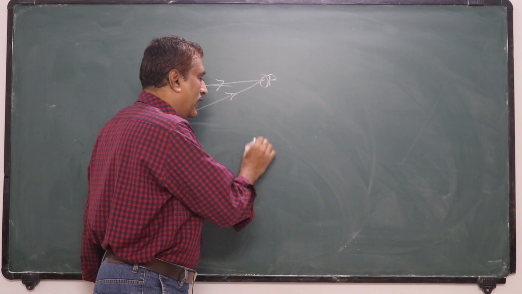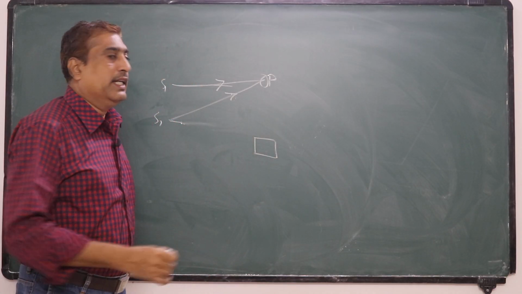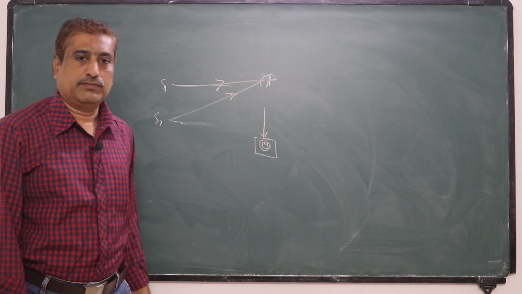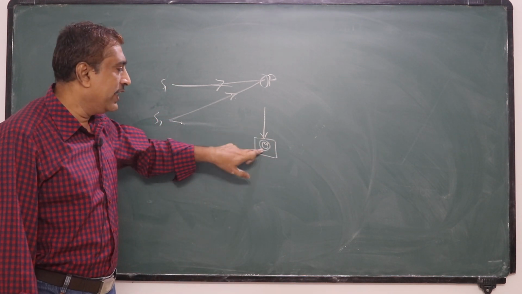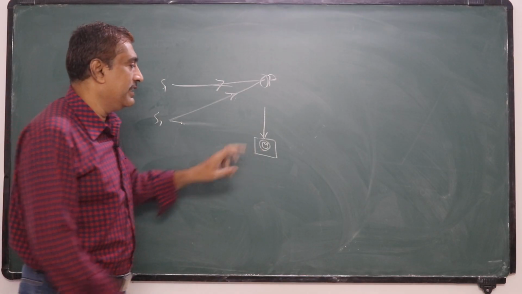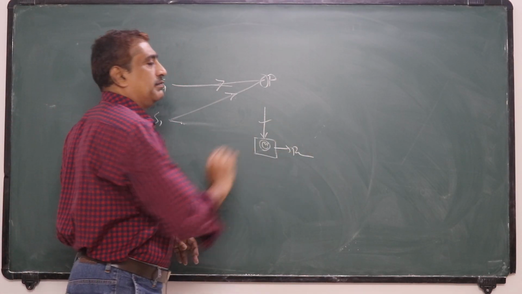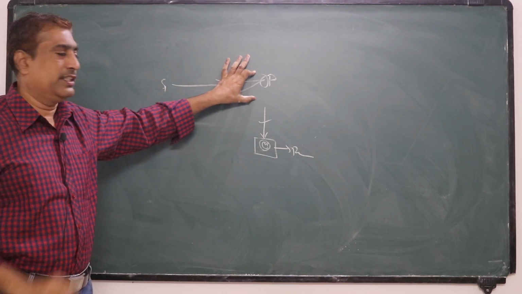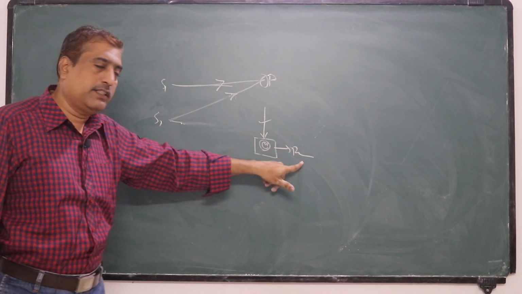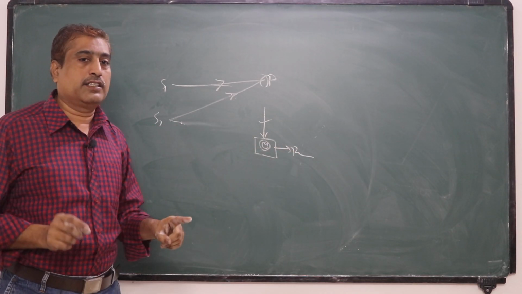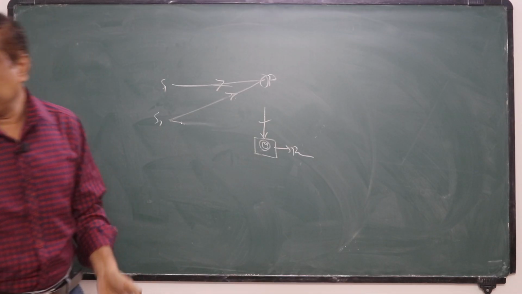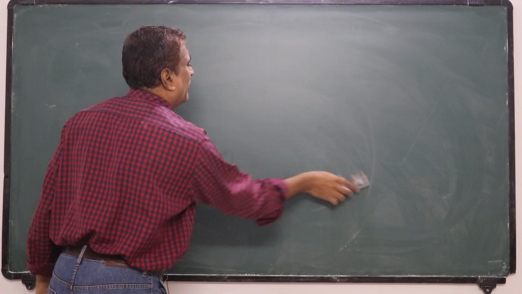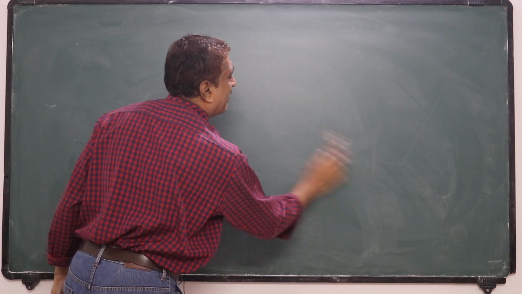But in the case of the photoelectric effect or Compton effect, radiation is interacting with a material particle, the electron. It is the interaction between radiation and particle. In this case, radiation exhibits particle nature. So when radiation interacts with radiation, it exhibits wave nature. When radiation interacts with matter, it exhibits particle nature. But it cannot exhibit both properties simultaneously. This is called the dual nature of light, or wave particle duality.